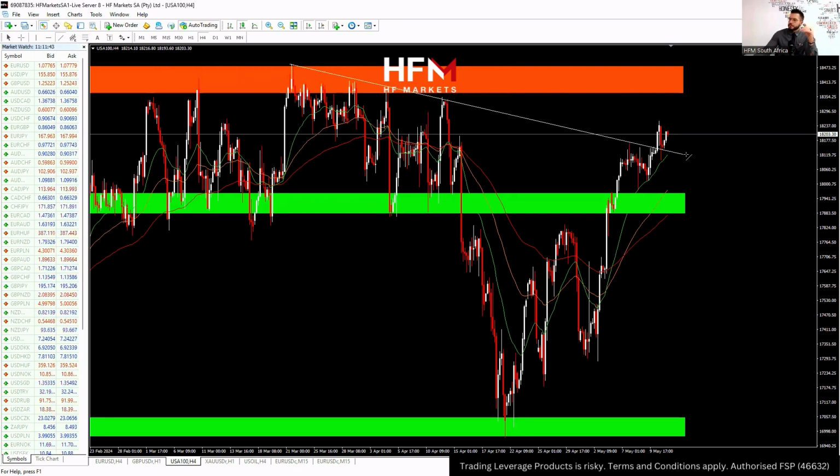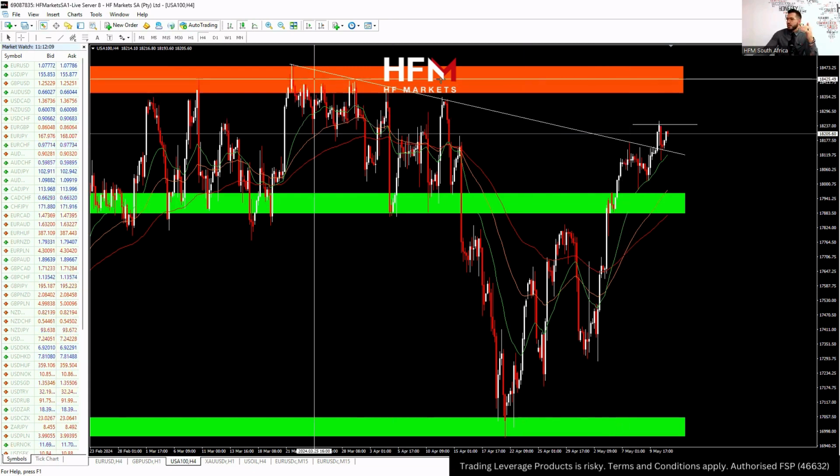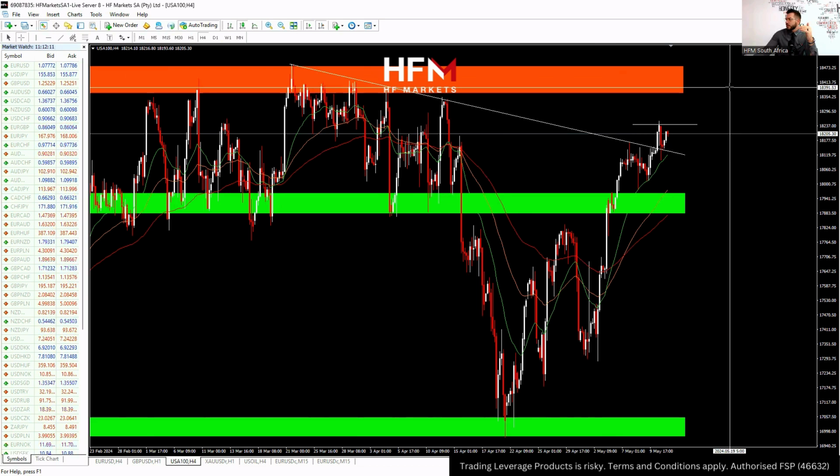If we can have a look here as well, the diagonal trend line that we have there that also acted as resistance has also now been broken and retested. So again, if we can now get a close above this level over here, which is sitting at 18,240, a close above that could lead to an additional rally all the way back up to this resistance level that we have here, sitting at roughly about